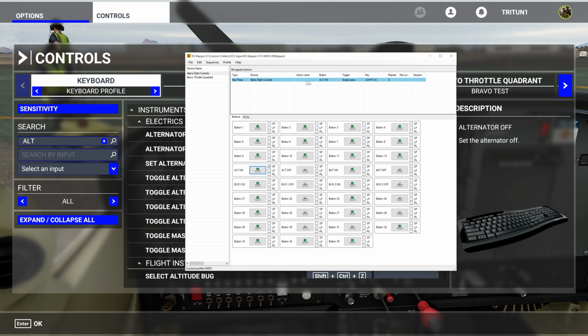File save. And you can see, it tells you what button it is, alternator on. And if we did not say alternator on right here, this would still say button 13, I think it was. Okay, but that's why we changed the name. So it shows alternator on a single press. We'll hit left shift and A. Okay, and so now